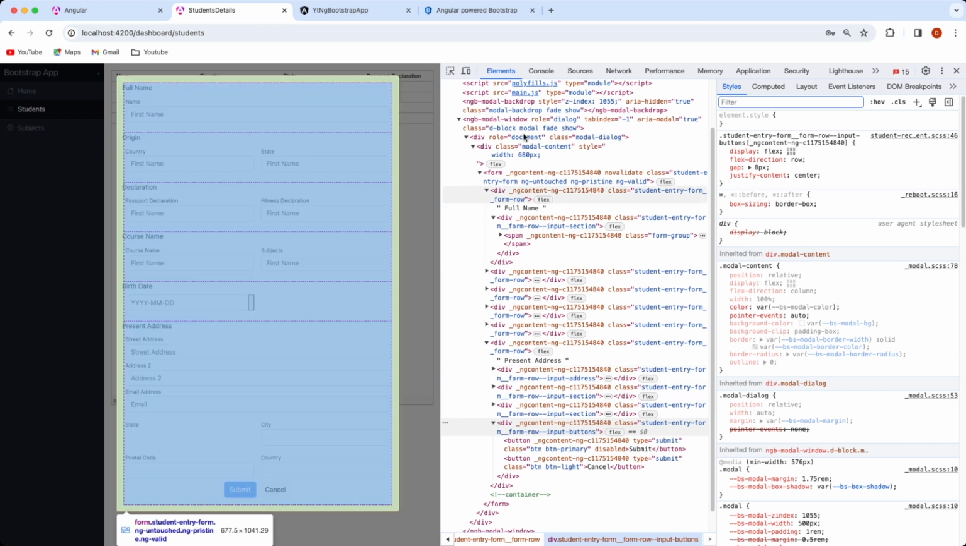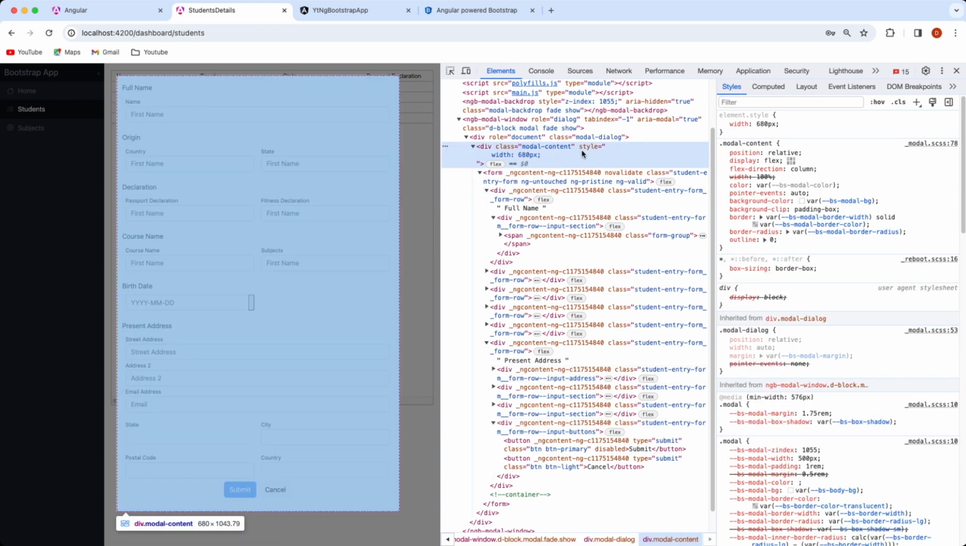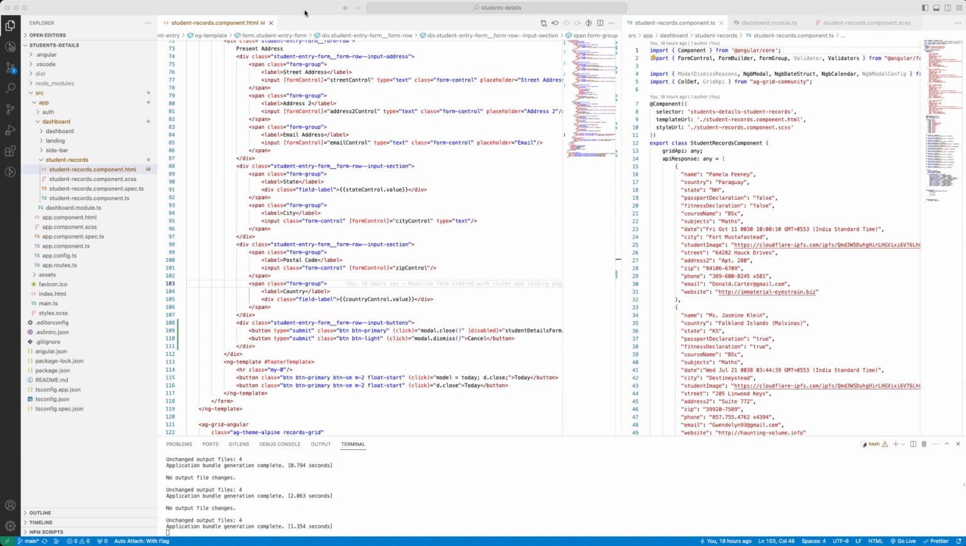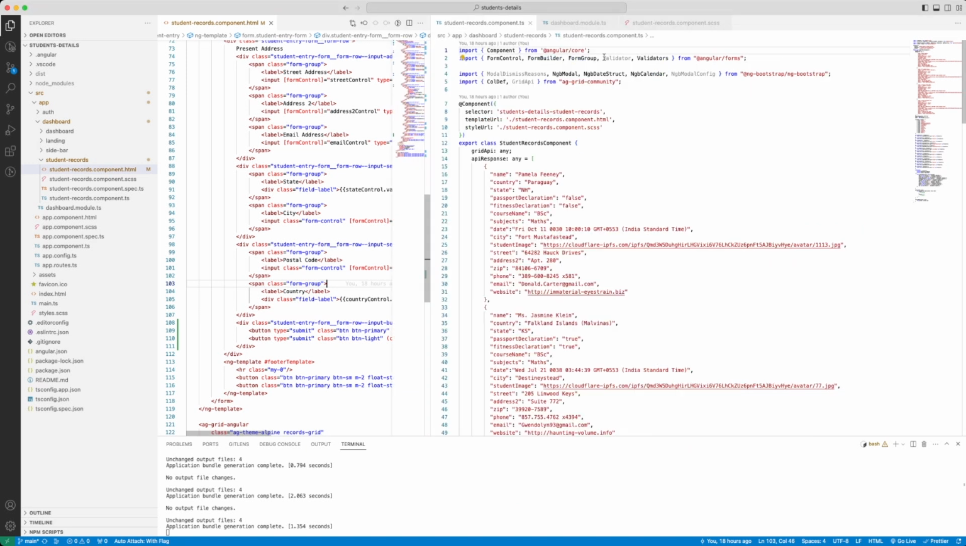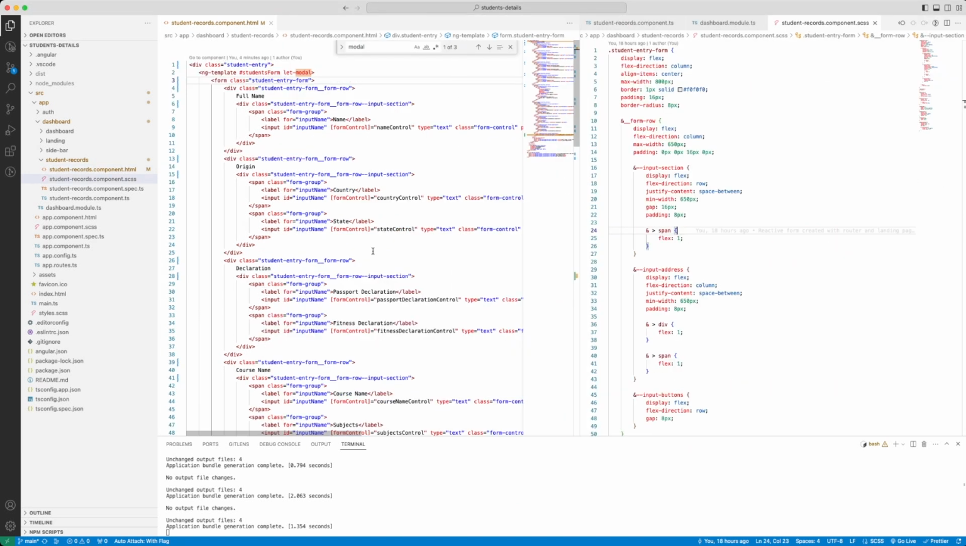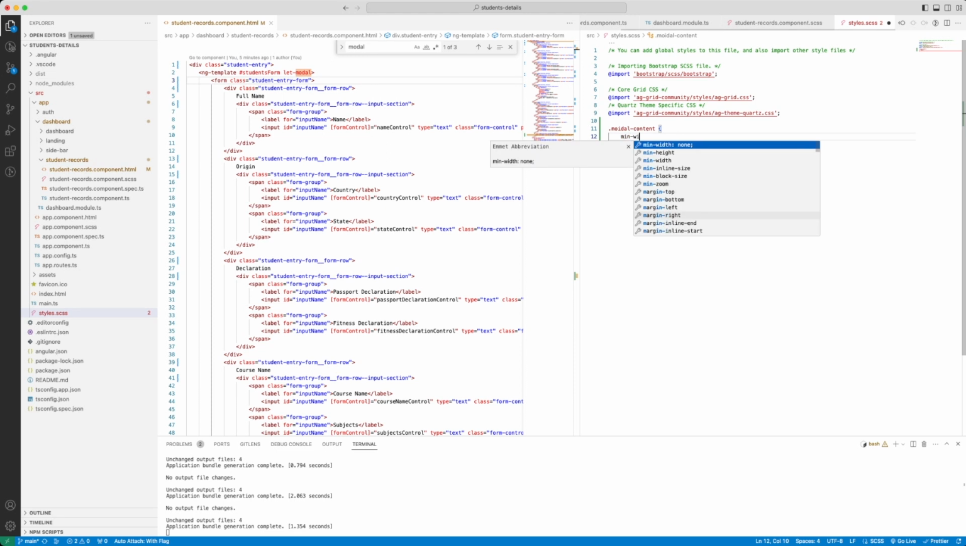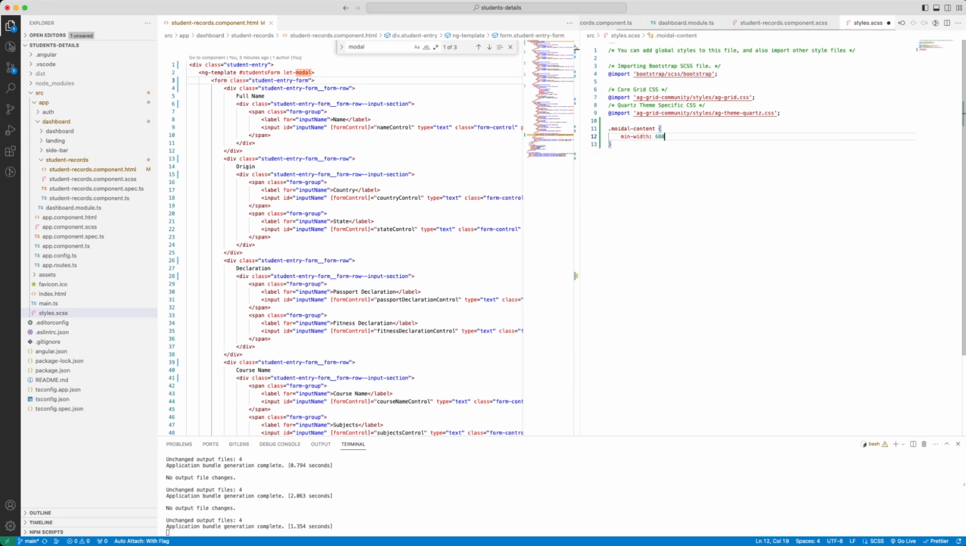The first is the model content. This class needs to have 680 pixel. So here's the VS Code. Just open the class here. Since the model content is a Bootstrap class, let me just try to put this in the centralized place, and I'm going to be putting it here. Model content. Let me write min width 680 pixel,